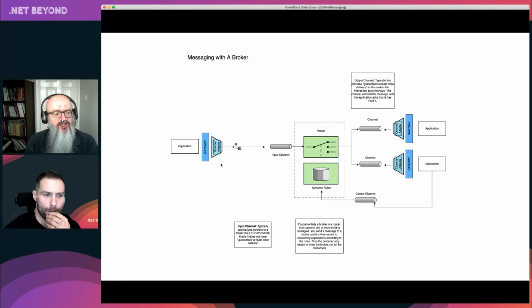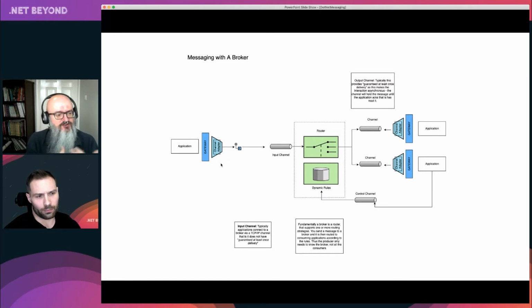So I might say, hey, I'm interested in messages from Jakub about failed orders. So I, on the right-hand side, as a channel, would say, okay, I want to subscribe, and that's the control channel at the bottom. I talk to the broker and I say, hey, can you give me messages on the failed orders topic? And we may agree, here's a queue where you'll put those messages. Then I can read them at my leisure. I can say, okay, every 200 milliseconds I'm going to poll and look for failed order communications, right?